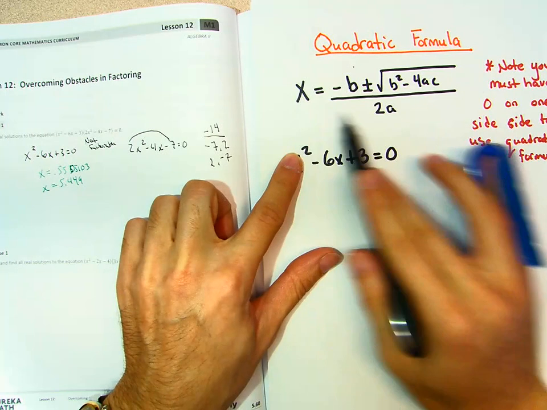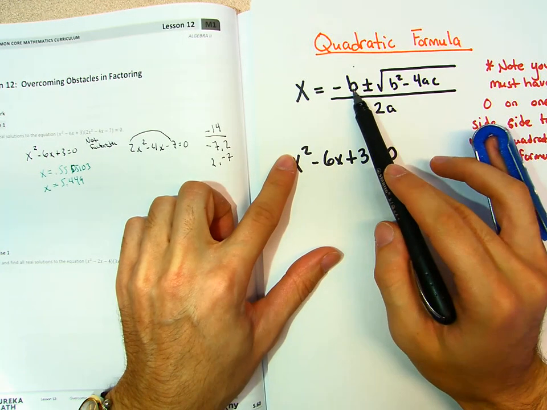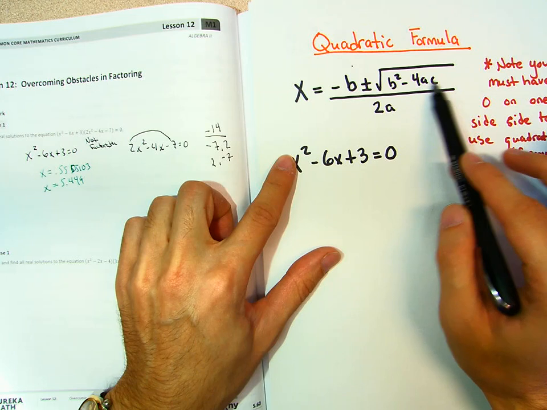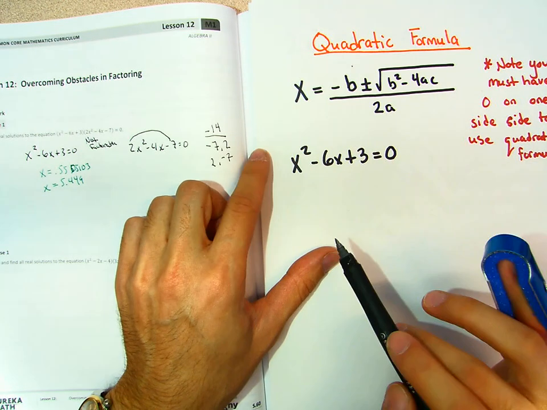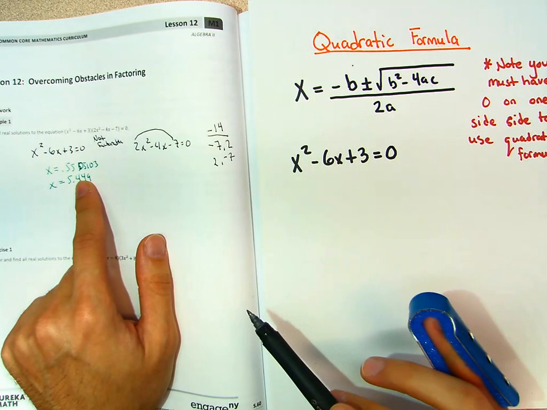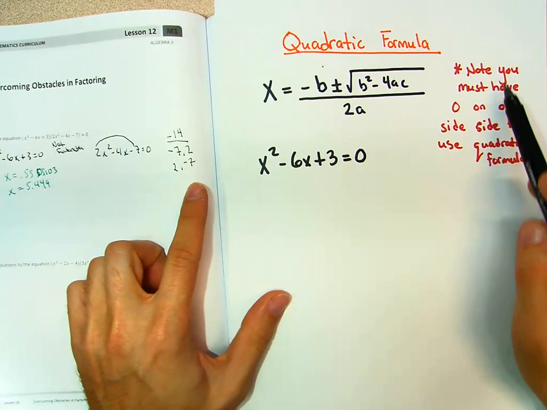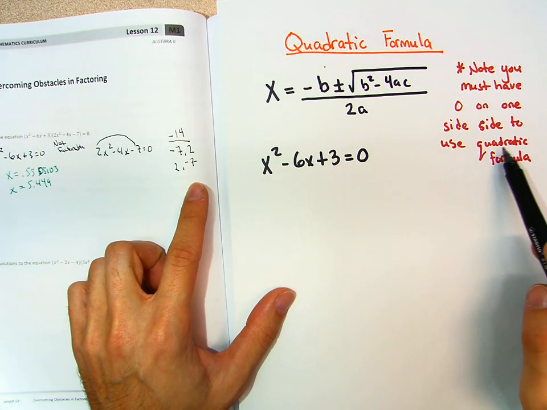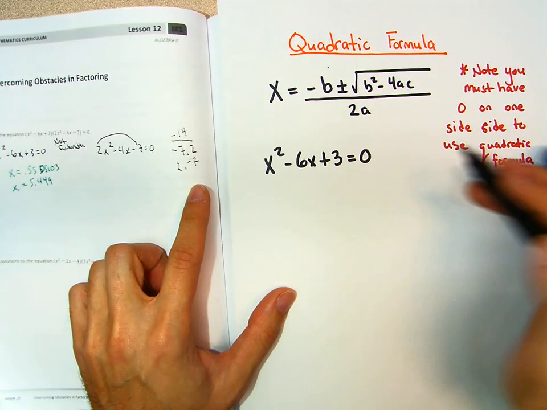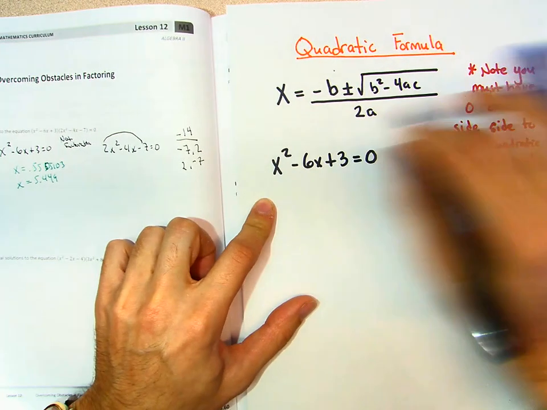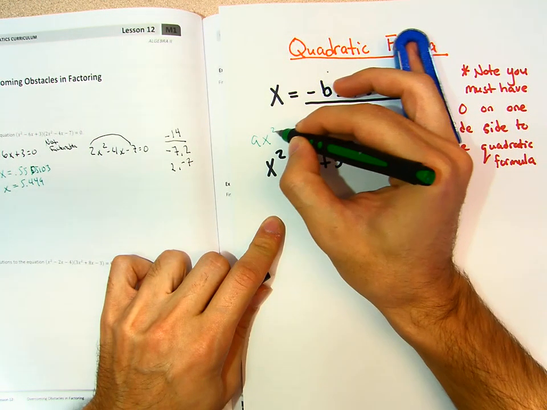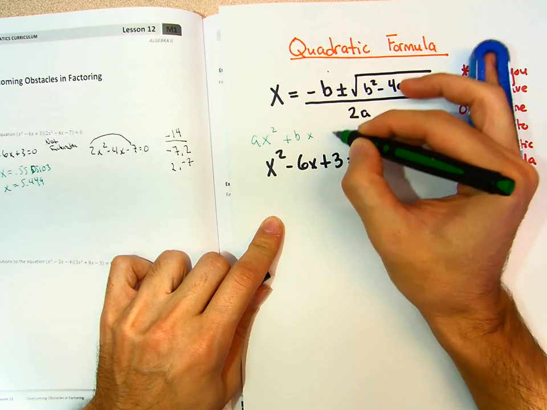Here, if this is the quadratic formula, you say negative b plus or minus the square root of b squared minus 4ac all over 2a. How do we use this to get this, right? And note, you need to have 0 on one side of the equation to use the quadratic formula, and here we have 0. So the way we use this is, if we have some ax squared plus bx plus